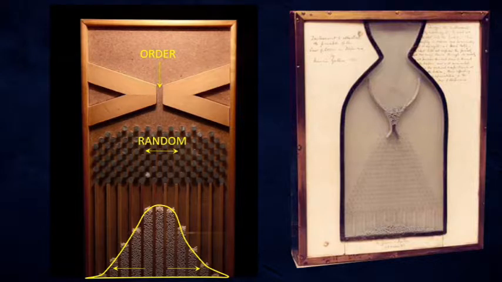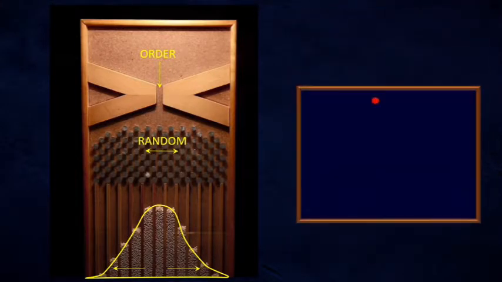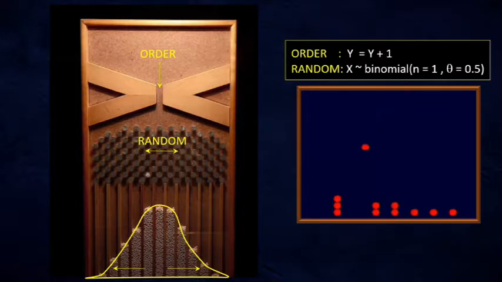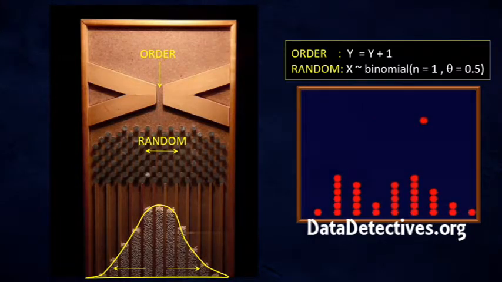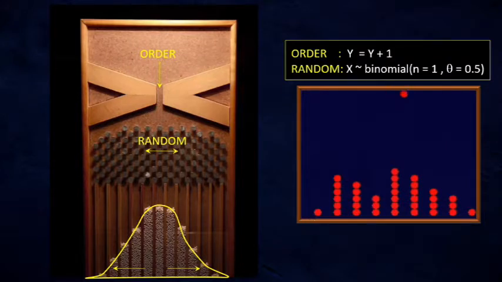bell curve. I've spared no expense for this course, and I built a Galton box entirely out of R. My R commands are relatively simple. To provide order, I directed each ball to go from point to point down the y-axis. To provide randomness, at each row, I drew one ball from a probability distribution called the binomial, the computational equivalent of tossing a fair coin to determine whether a ball goes right or left. The main point